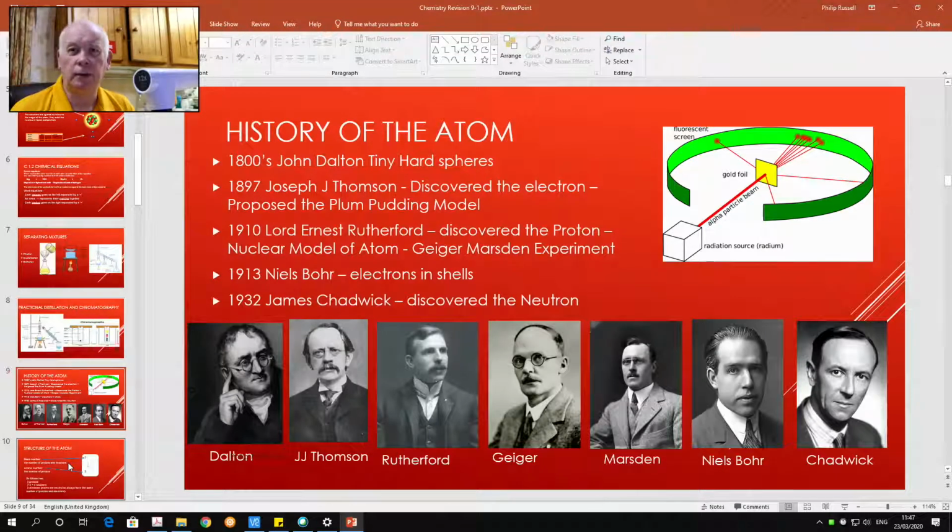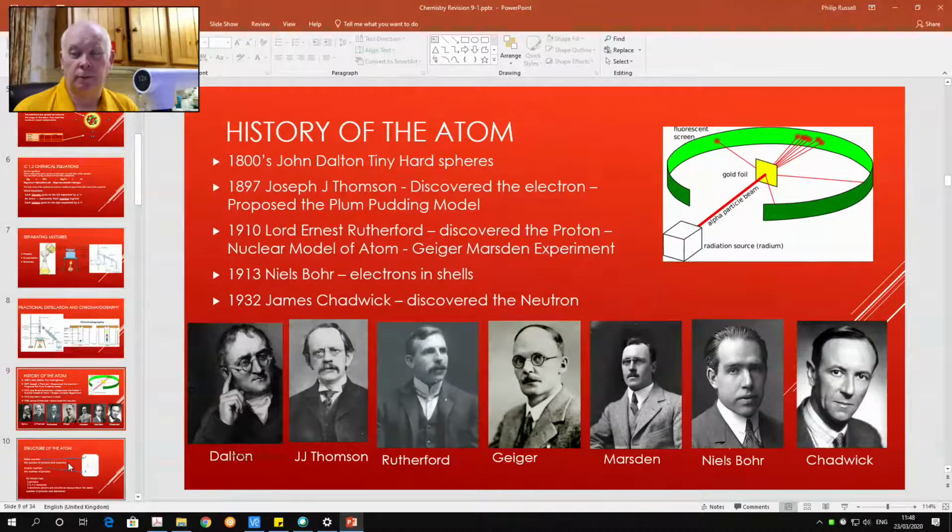A gentleman by the name of Geiger, and you might have heard of him. He invented the Geiger counter. And another gentleman who you won't have heard of, Marsden. And these two students set to work building a piece of equipment. And if we look at this slide, we can see in the top corner, they took a piece of gold foil and they put this gold foil into an evacuated chamber,